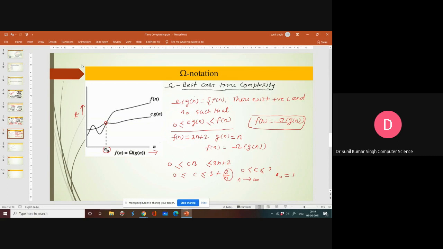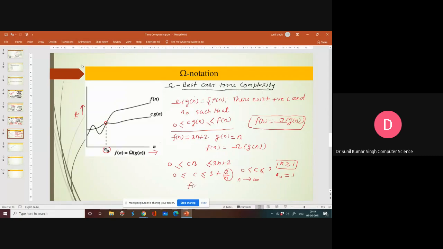It will violate the... no, it is fine, it is fine. 2 by 1, it is 5, so it is not going to violate the condition. So that means n can be greater than or equal to 1.